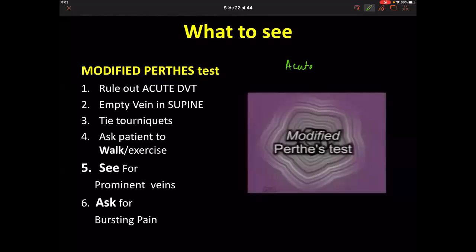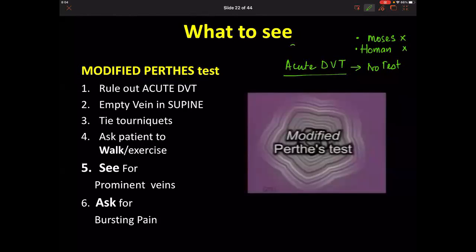Acute DVT, remember that acute DVT, okay, you do not do any tests so that the clot can dislodge. No test like there was a test called as Human's test. There was a test called as Moses test. These tests are not done anymore. And if an examiner is asking you, these are tests which are condemned because in an acute DVT, when there is an active clot, if you do this tiptoe movement, what is going to happen to that clot? It is going to get dislodged and it is going to go to a pulmonary embolism, and that's a dangerous thing.